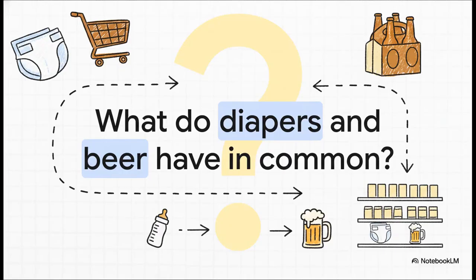Okay, this all kind of started with this legendary, maybe even mythical story from the world of retail. The tale goes that a supermarket, digging through its sales data, found this really weird pattern. Turns out, on Friday nights, guys who were buying diapers were also very likely to grab a six-pack of beer. Now, whether that's totally true or not, it perfectly sets the stage for what we're talking about, finding a hidden connection that you can actually act on, like moving the beer aisle right next to the diapers.